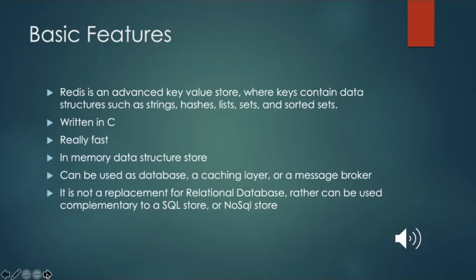Redis supports different kinds of abstract data structures such as strings, lists, maps, sets, sorted sets, as I mentioned earlier, and also bitmaps, streams, and spatial indices. Redis is very different from other database systems. It popularized the idea of a system that can be considered at the same time a store and a cache,